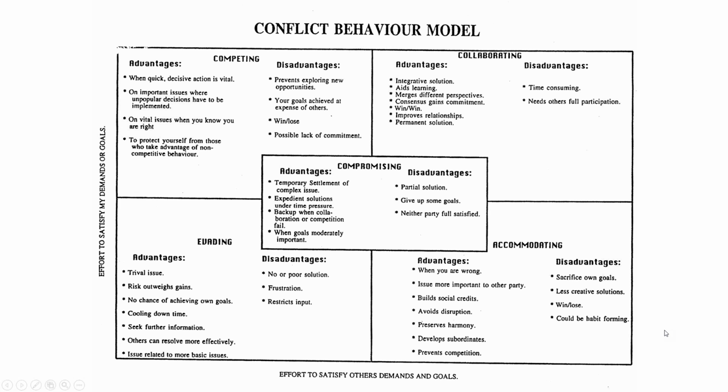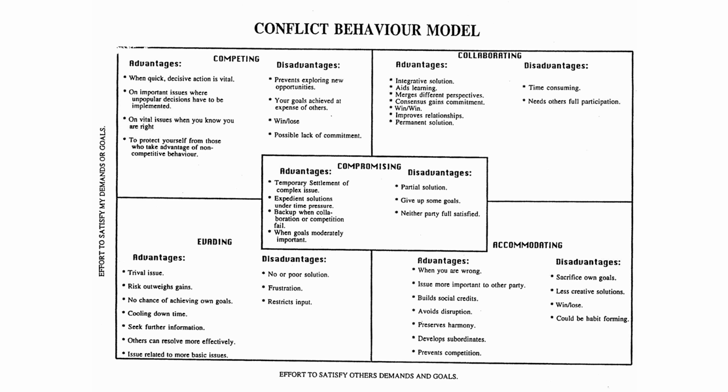Now, what you're seeing on your screen now, and I'm not going to run through all this in great detail, you'll get a copy of this later on, but each of these negotiation and conflict behaviours have pros and cons attached to them. So there are advantages and disadvantages for each. And that's why one simple approach is not appropriate to all circumstances. And that's why it's important for you to be able to flex around the grid and to be able to move from one strategy to another, depending on the other person, depending on the circumstances, depending on your needs. So you need to be prepared to be flexible.